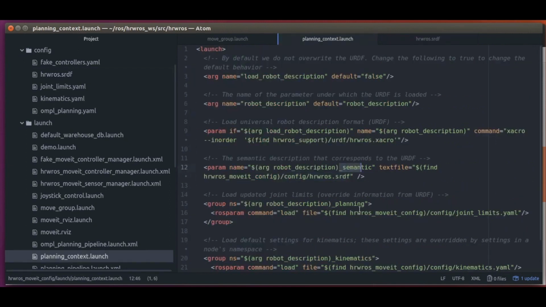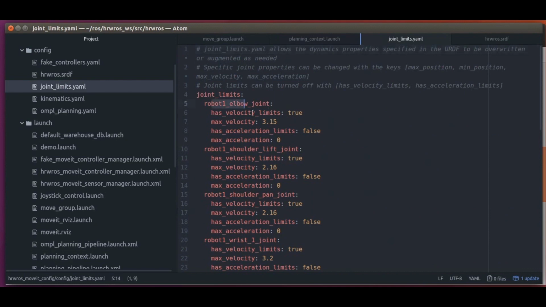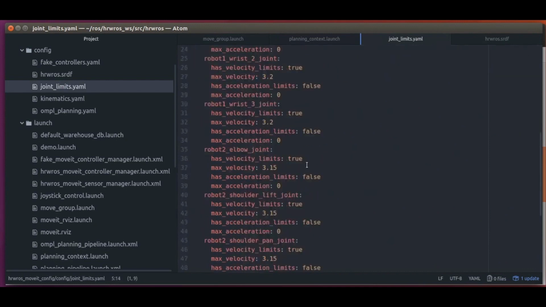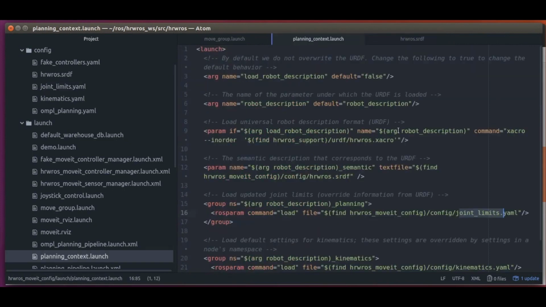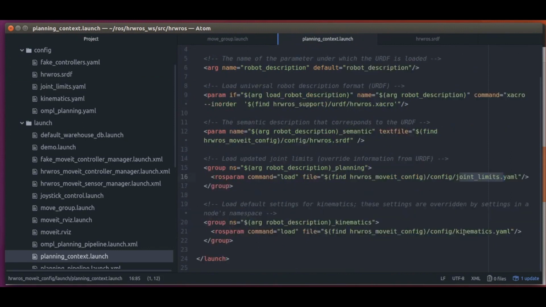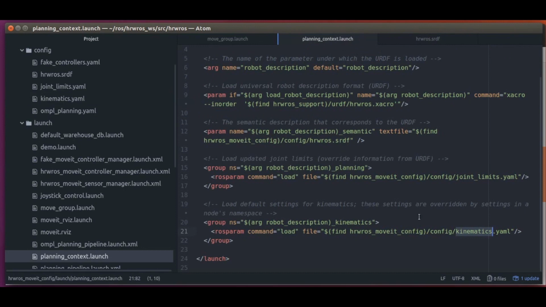Okay, next, let's look at the joint_limits.yaml file in the config folder. As the name suggests, joint-specific limits for each of our robot arms are automatically updated here from the URDF files of the robots. Then, the last file in the planning_context.launch file, which is the kinematics.yaml file. And here, we have the specifications of the plugin or library we will use to do kinematic computations. As you can see, the TrackIK plugin we configured in the setup assistant is updated here. All right, so that's our planning context.